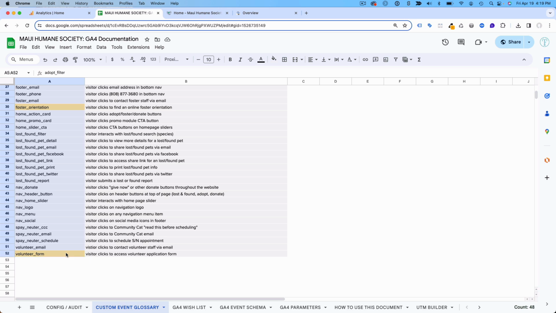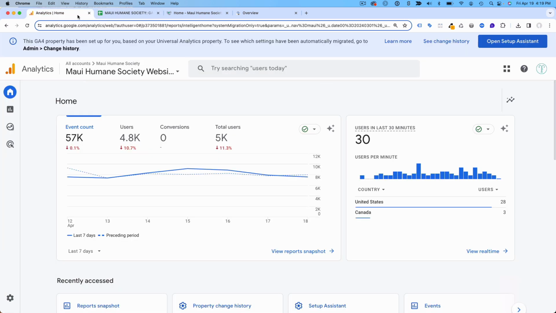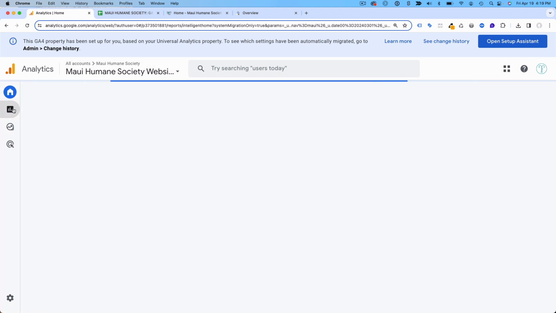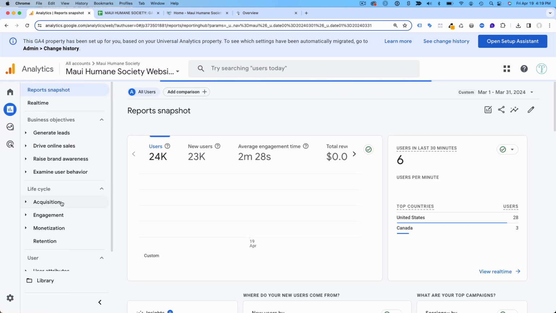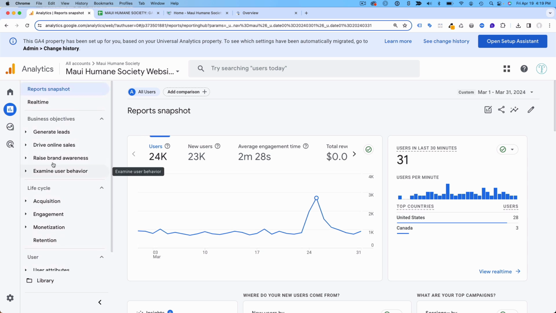Okay, so there's about 48 or so of those events. The first thing I want to do is make sure all of that work we did to configure those events is actually paying off and we're capturing those data. If I go to the report section, we're going to move this around a little bit, but the way that I would view these reports from a structure perspective over on the left-hand side is